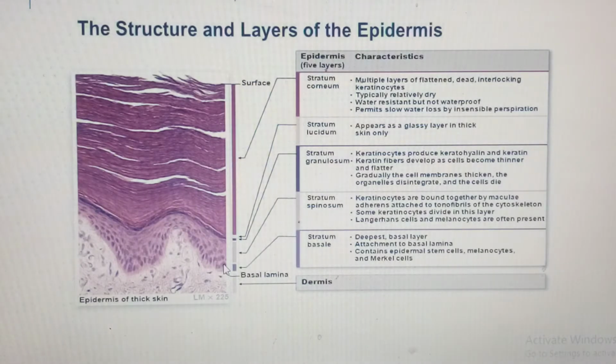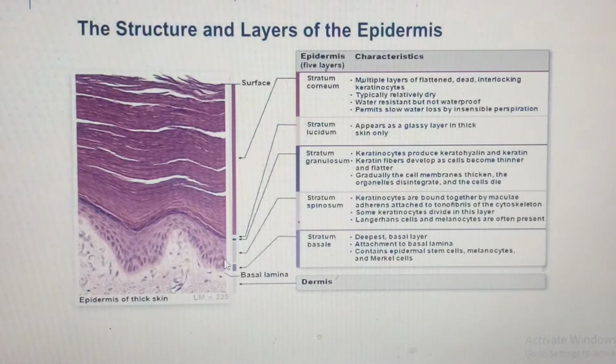We've seen that. Then we see that it will have some other cells, and those cells notably will be, of course, the melanocyte, apart from having the stem cells in there. Then also frequently we see Merkel cells over there. Now, moving away, once these proliferate, they will give rise to the next layer,